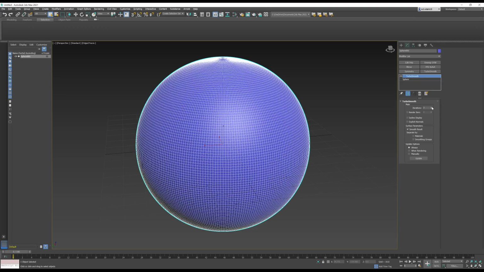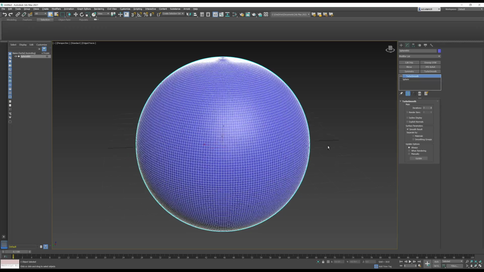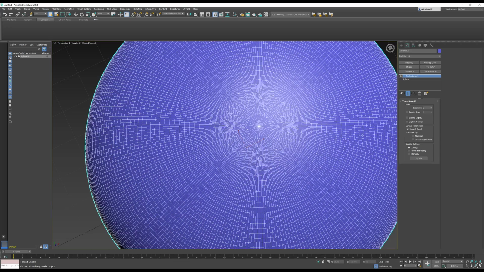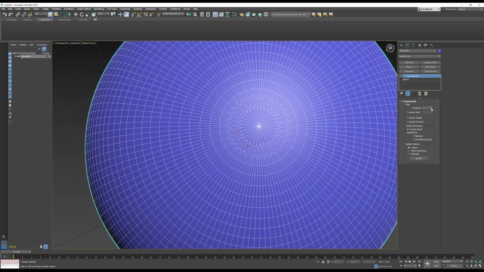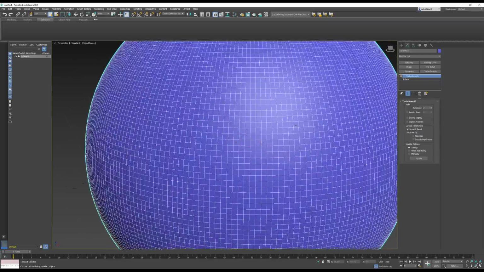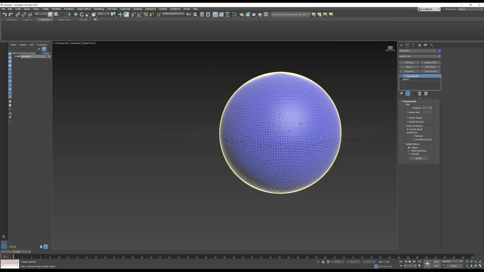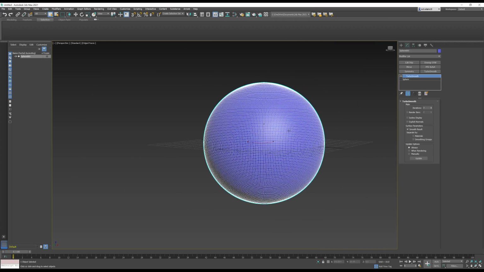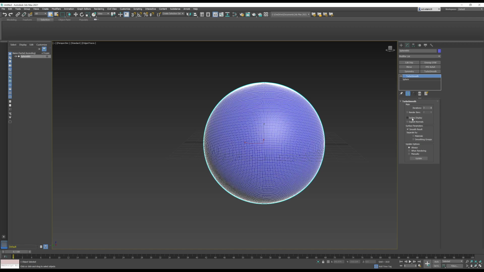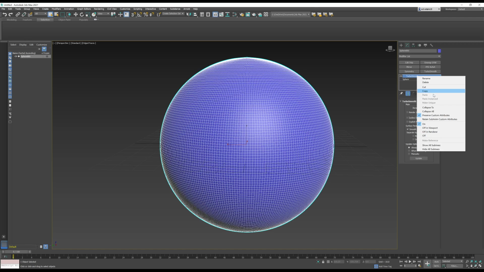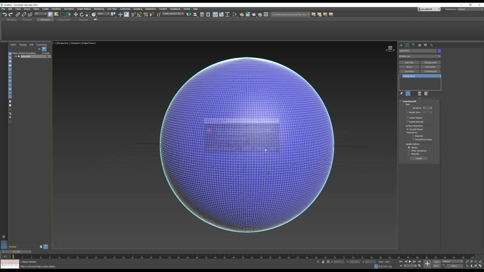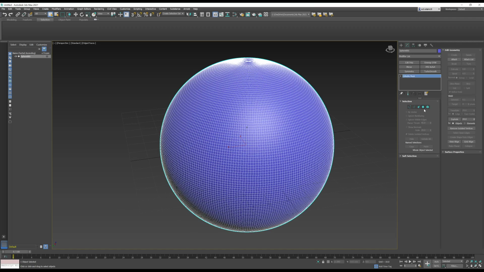So let's give it a couple of divisions. I think that is going to be fine. Actually, you can see at the top the topology has been a bit ruined, but it should be fine for sort of a view like this. So I think that will be fine. I'm going to collapse this down actually. So we turn this turbo smooth into